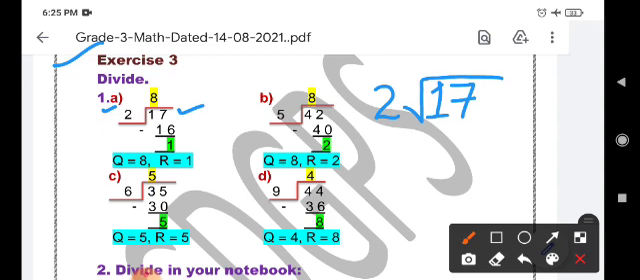Then we have to multiply. What makes 17? 17 is not there in the table of 2. Then the number that is closest to 17 and before 17 is 16. That should be less than 17 and closest to 17, which is 16. So 2 8s are 16. When we multiply, then the next step is